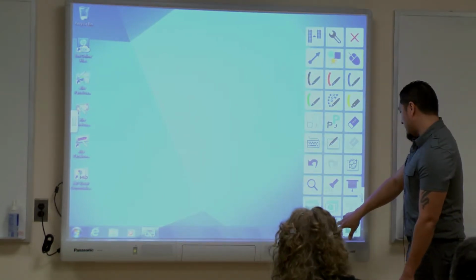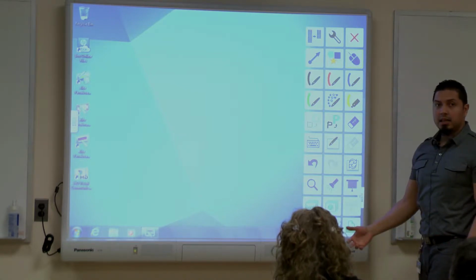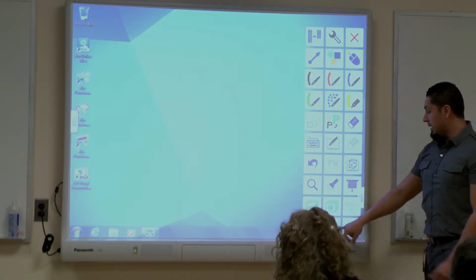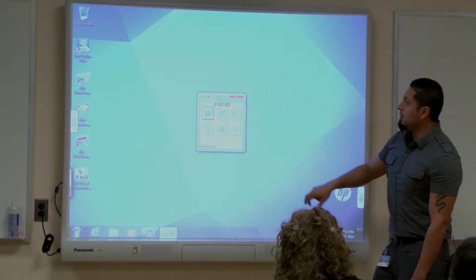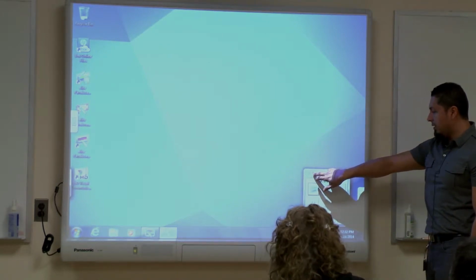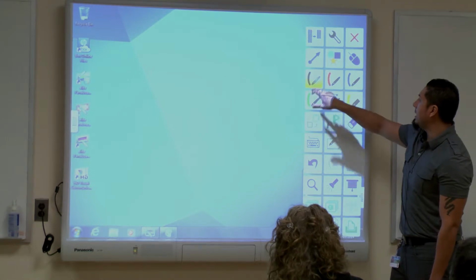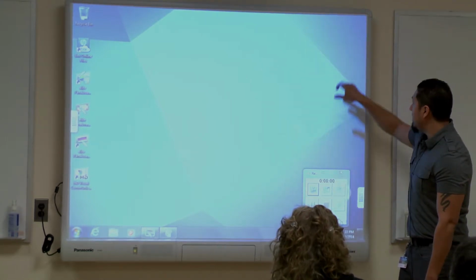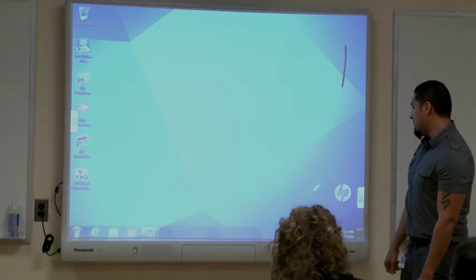Finally, the last one right here that I'm going to talk about, the print function is only available if you actually have a printer connected, so I'm not going to speak of that. The recorder function will allow you to record everything, every stroke you make on the board, and let you play it back in the same order that you played it out. So if we start recording,